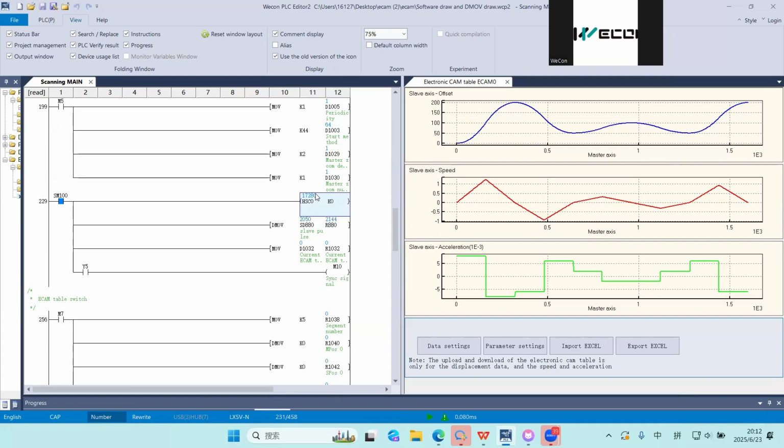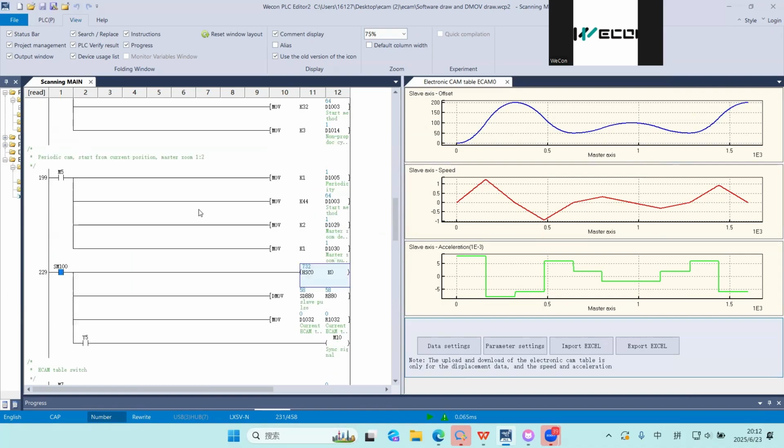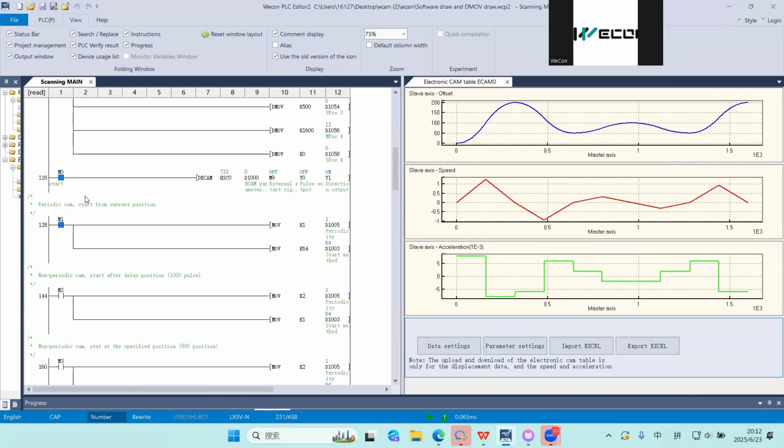And when the master goes back, the slave will also go back according to this curve, from right side to left side. Okay. So this is the